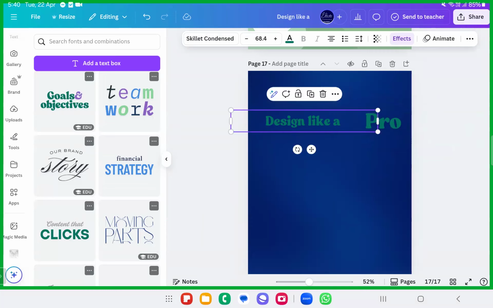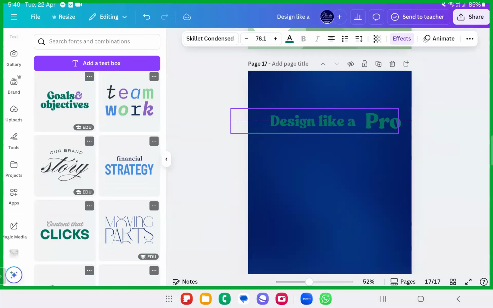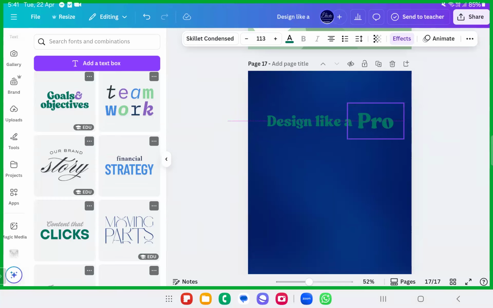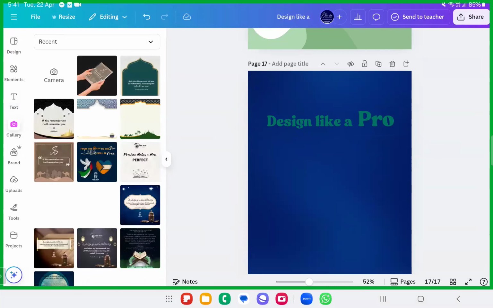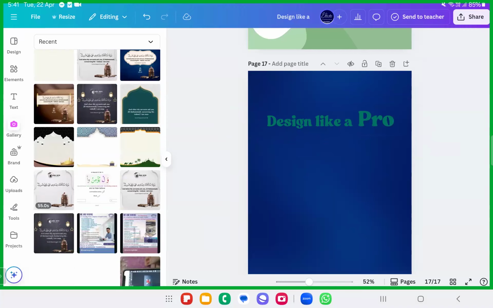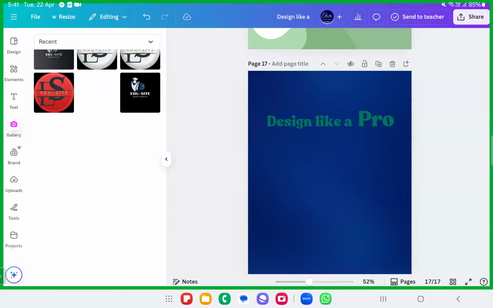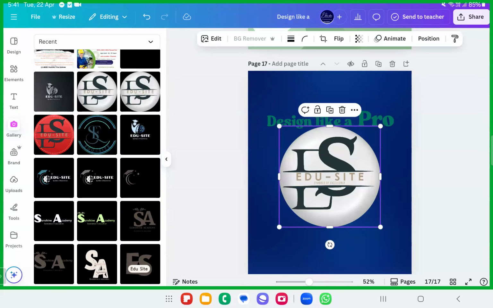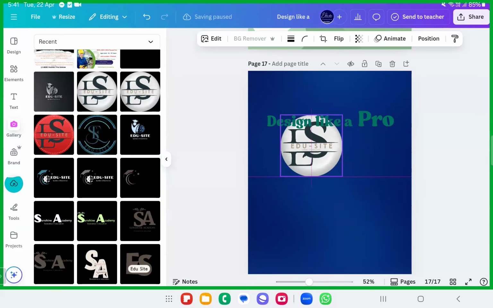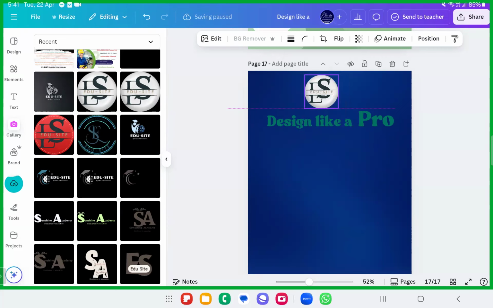So this is called typography, wherein you are combining the textual content as well as the colors in a way that looks very appealing for the reader. Make sure you're giving a beautiful typography for the content that you're creating, inshallah. I've written EDU-SITE presents. Now think that this is a logo that I've taken. Any logo. I'll take this white one itself and add it to the page. Let it be this logo.